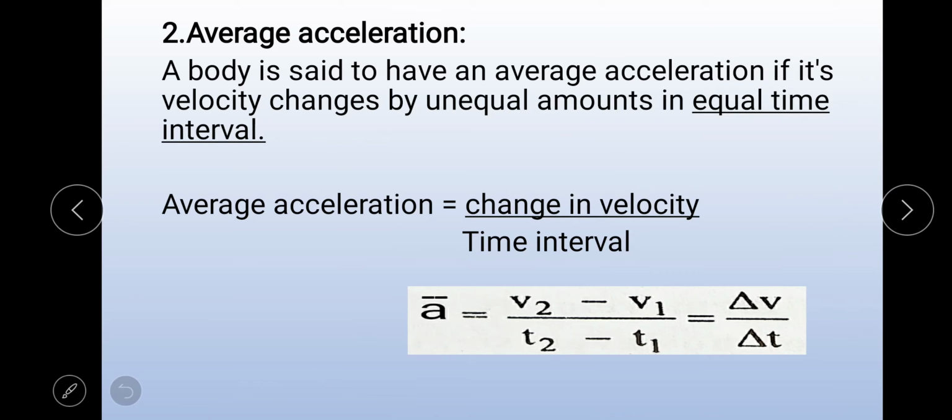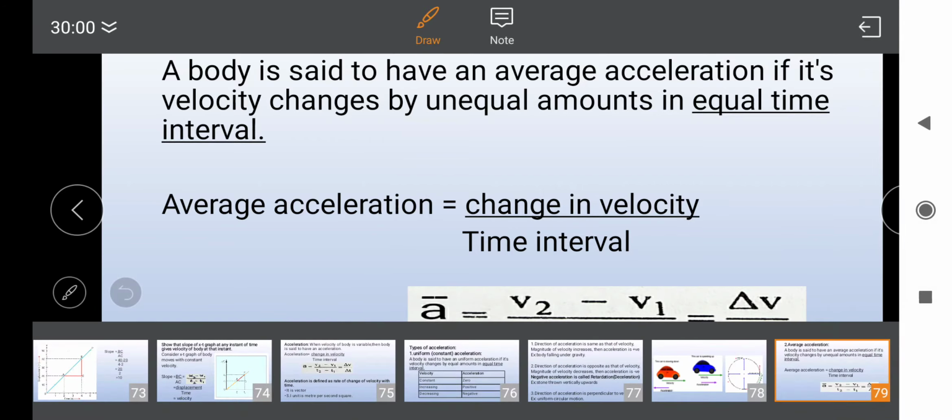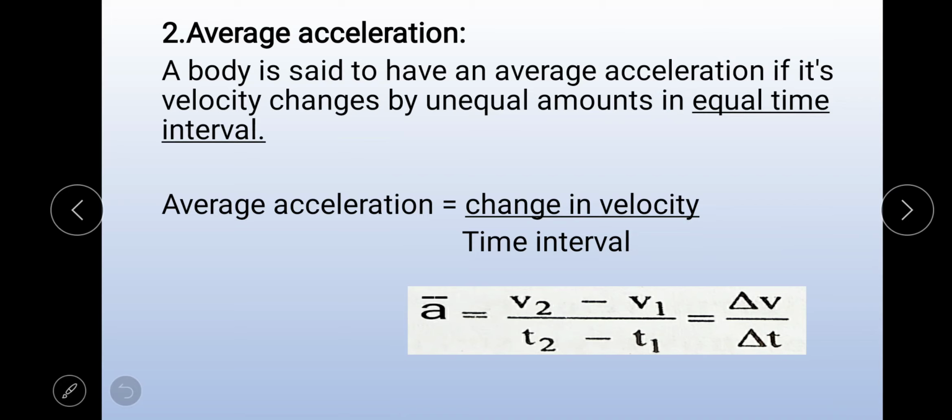ನೆಕ್ಸ್ಟ್ ಸೆಕೆಂಡ್ ಟೈಪ್ ಈಸ್ average acceleration. A body is said to have an average acceleration if its velocity changes by unequal amounts in equal time interval. Okay, right, here average acceleration can be written as change in velocity by time interval. Average acceleration is denoted by a bar equal to v2 minus v1 by t2 minus t1 equal to delta v